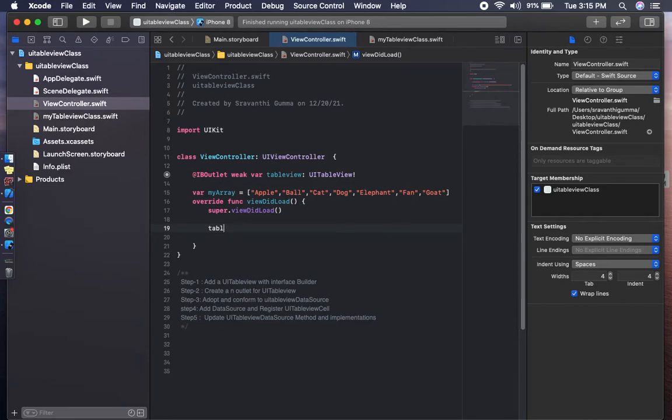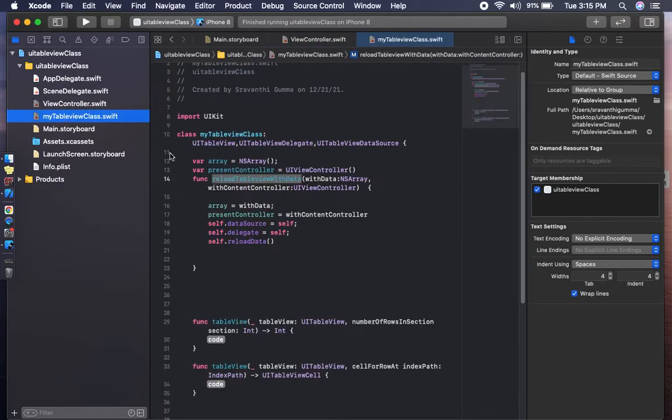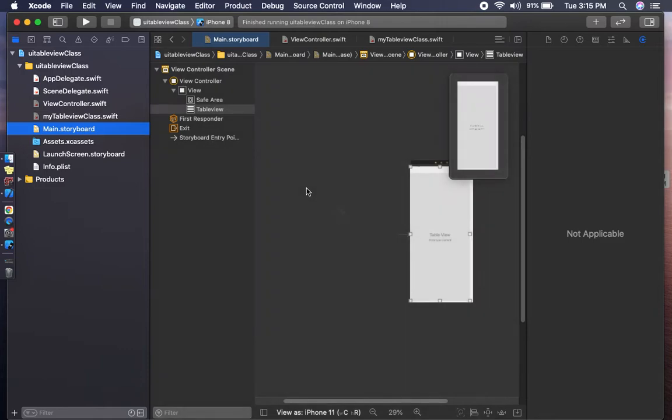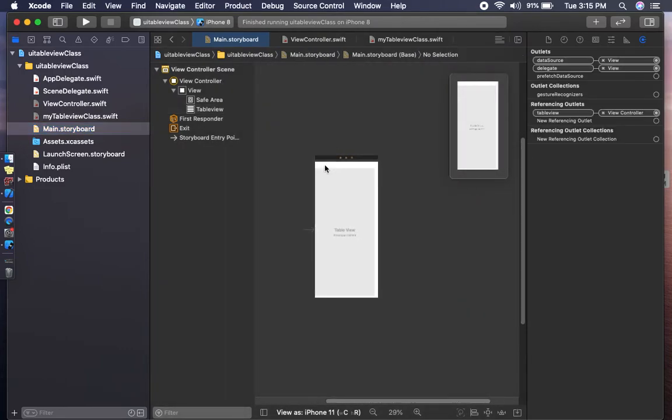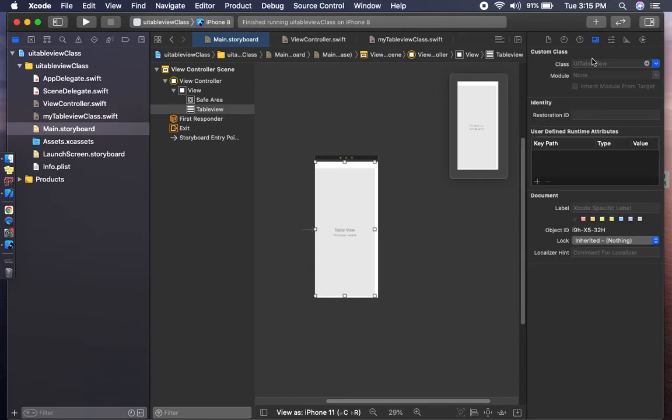Sorry, I have made a mistake. For that, we have to give the name to the storyboard table view class, my table view class.